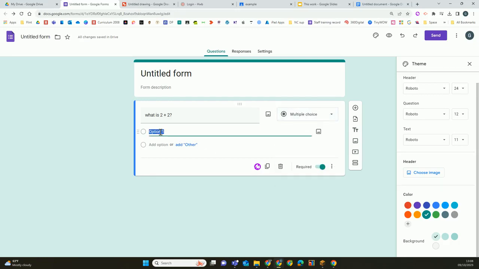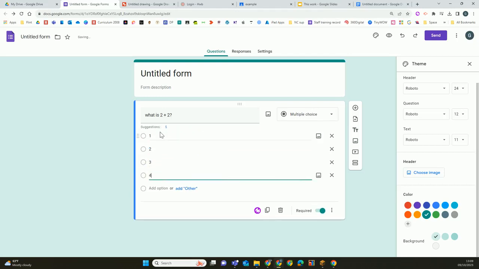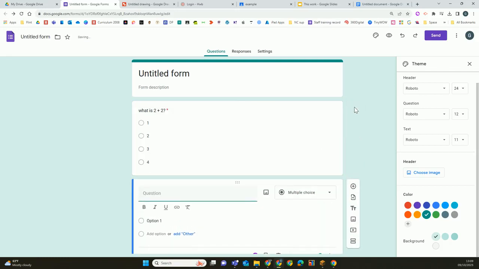So in this option, we can just add in some different options for them to be able to answer. In the bottom right of each question, we can select whether or not that question has to be answered by the responder. And then if we go over to the right-hand side, we can then add questions